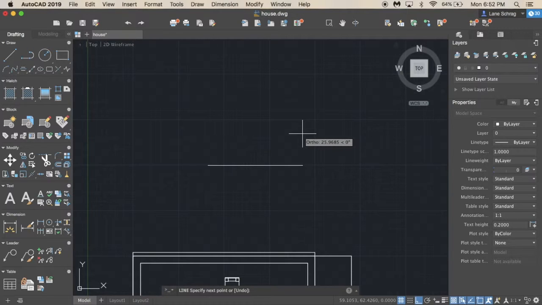Another thing that's great about AutoCAD is that it has this ortho mode right here. And right now I can't make diagonal lines. It only does 90 degrees. But if I take that off, then it's all over the place. When you have that on, that makes it really nice, because I can only make straight lines. And in building a house, you want straight lines. And let's say I want this